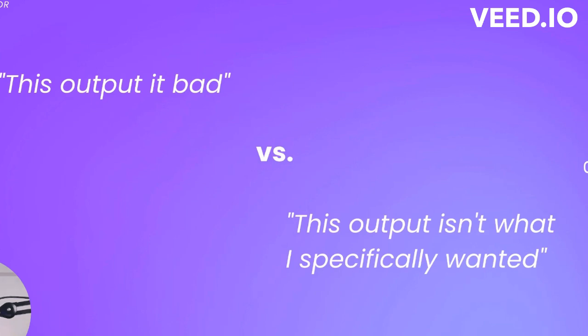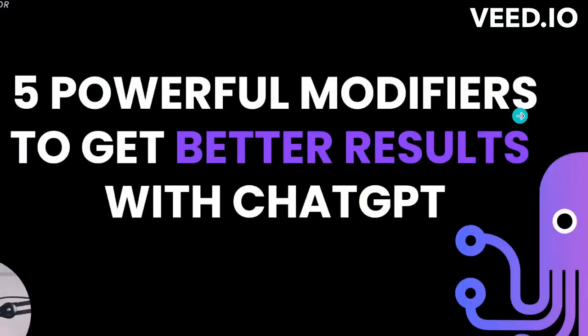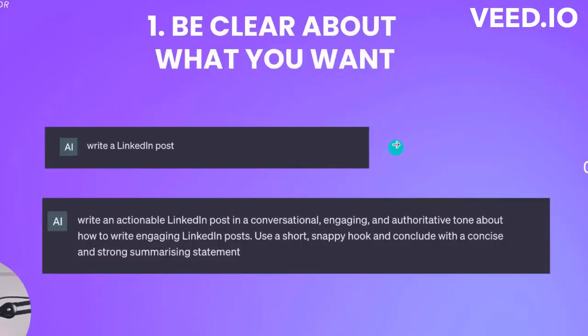So lastly, I want to show you how you can make sure you'll hit your target with every single shot you take. And to do this, we will use the 5 most powerful prompt modifiers. And say hi to the little Kraken here.